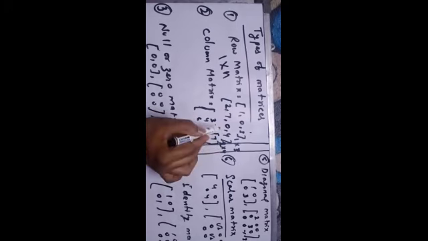So the possible order of this column matrix would be, here the row can be changed. So it would be 3 by 1, and it would be 4 by 1. And generally, if we write the possible order of this matrix, it would be m by 1. So this is the row matrix, this is a column matrix, and the general order of this matrix is this, and the general order of this matrix is this.